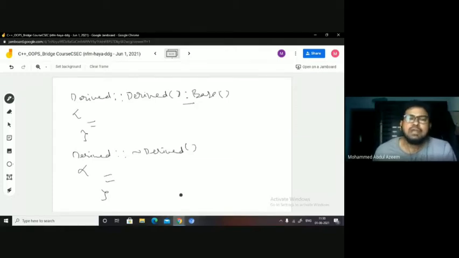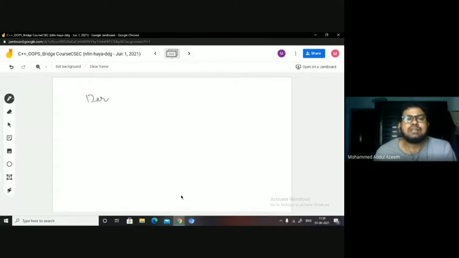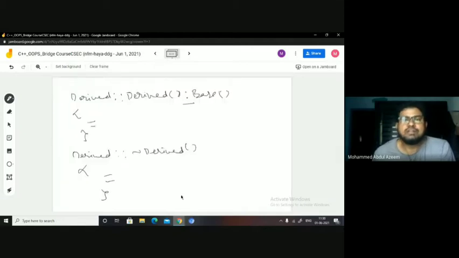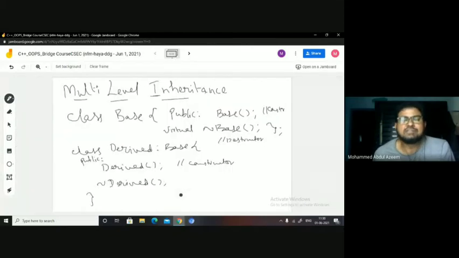Here there is a small change you can see while the constructors and the destructors are being called. As I told you, when I create an object of the derived class, let us say I have created an object D1 in the main function. For D1, how much memory is going to be allocated? Memory required for members of the derived class and members of the base class.